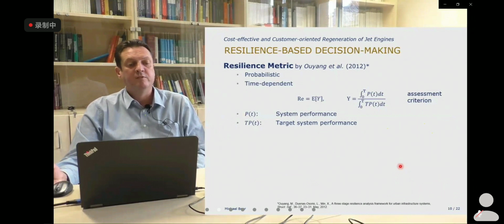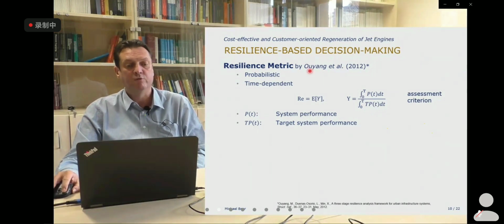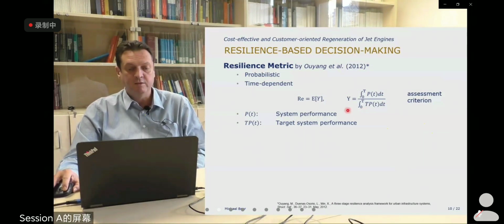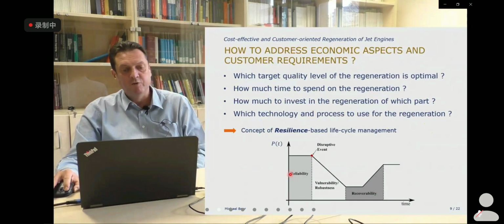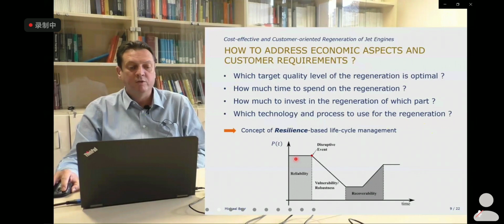So this concept is based on resilience, so we need a mathematical expression for it, and here we borrow the resilience metric by Ouyang and Leonardo from Rice. So we express basically resilience as this ratio. If we go back to the last slide, this is basically the area under this curve with respect